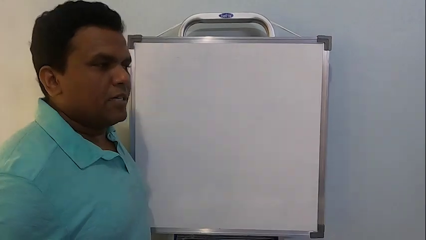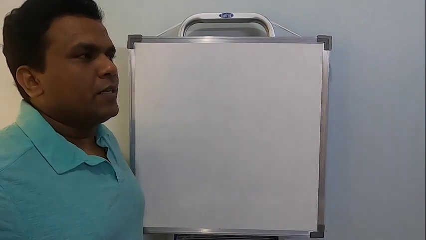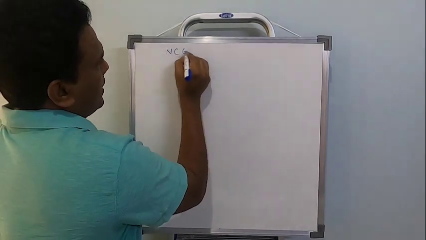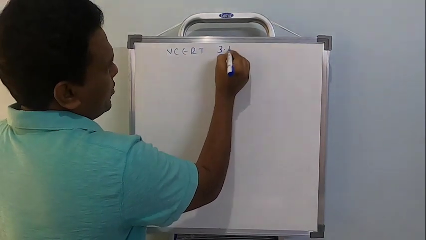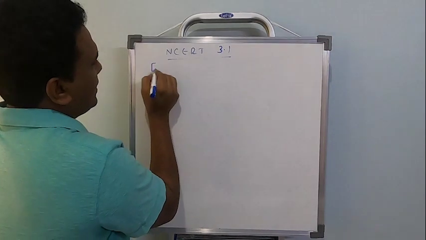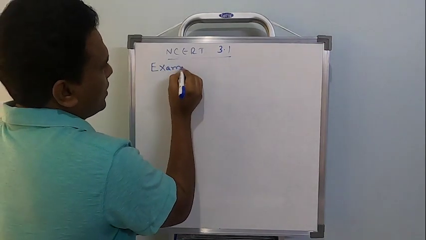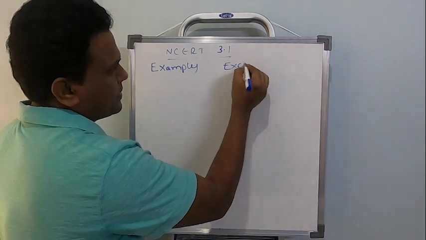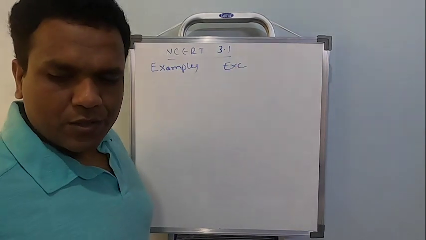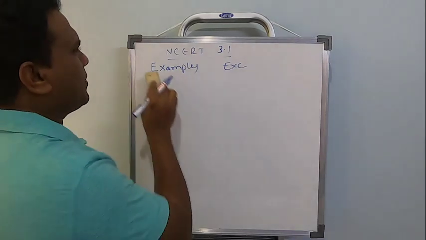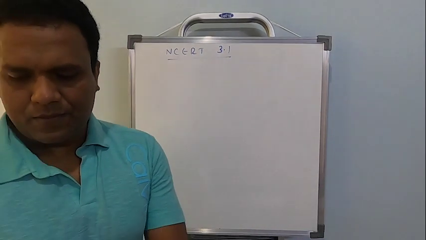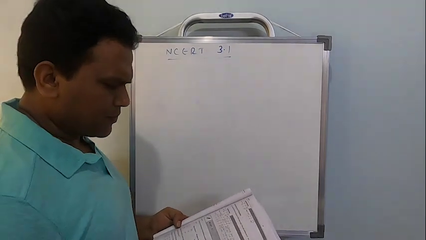Okay students, now let's move to the problem sections. So as you know, this is the third chapter, so NCERT 3.1. In this, as you know, every time first worked examples will be studied and afterwards we are going to study exercise problems. Clear? Right. So in worked example, the first one, it's a statement that they have given there. So consider the following information, right?